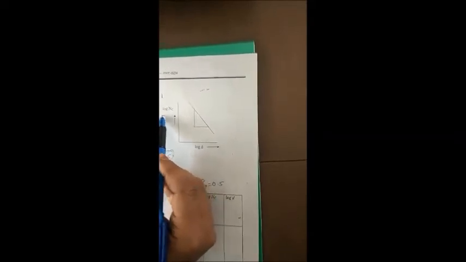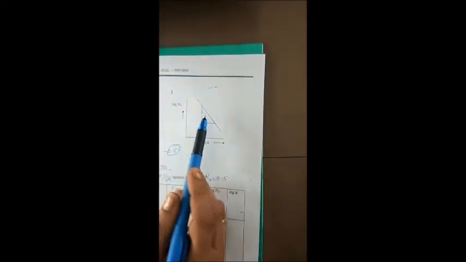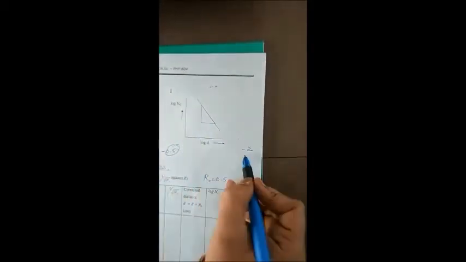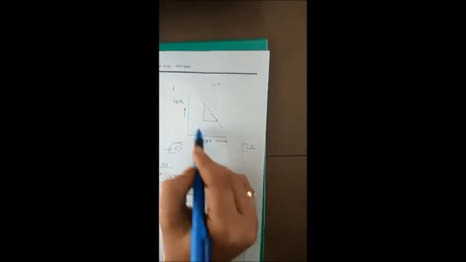You will get the d value, and after getting the d value you have to find log d. NC we have found, and using that you will find log NC. Log d also you will find out. After finding log d and log NC, you have to plot a graph of log NC versus log d and determine the slope. As we know from the principle, the slope of log NC versus log d should be -2. The negative sign indicates a negative slope, and 2 is the value, the square value you are getting.